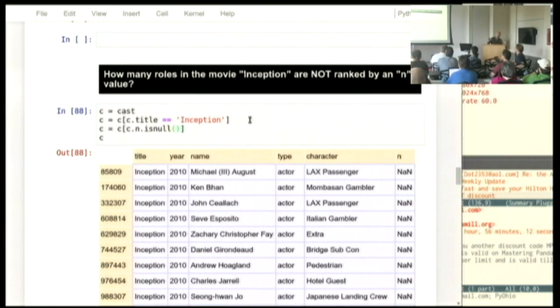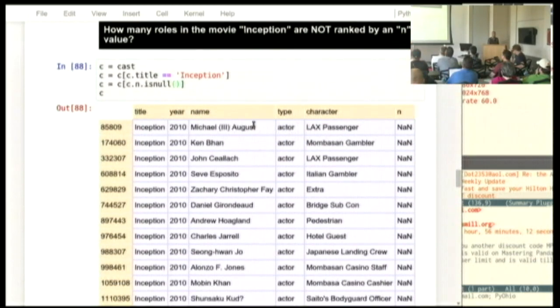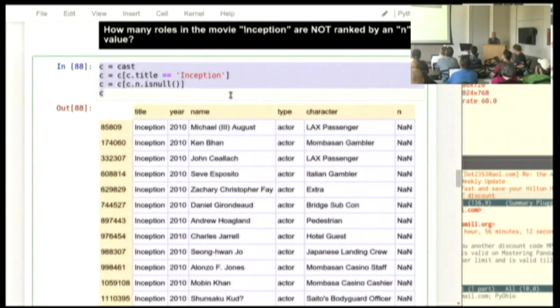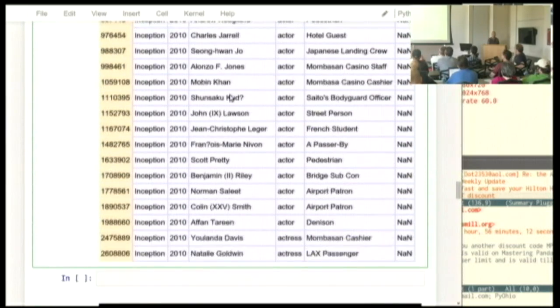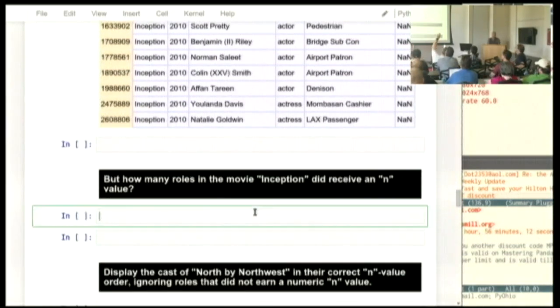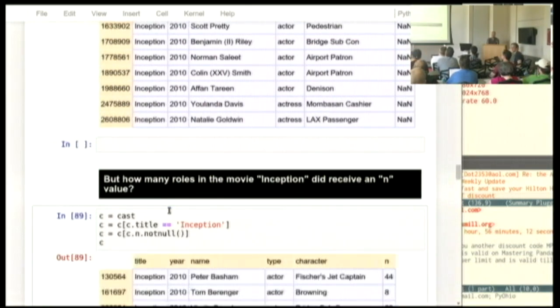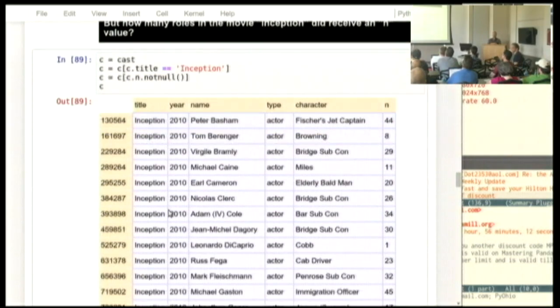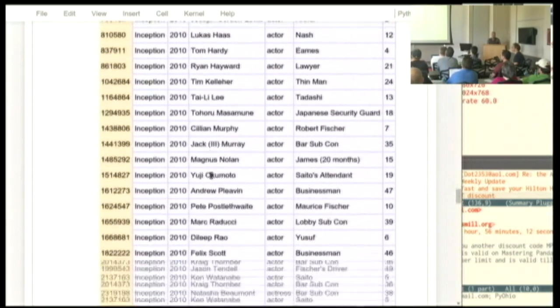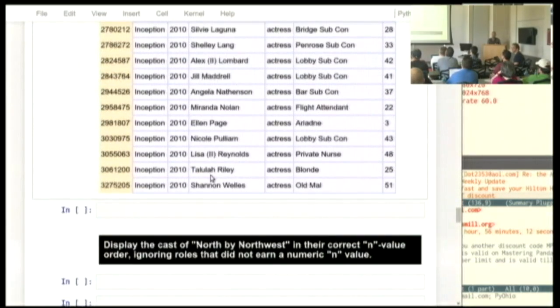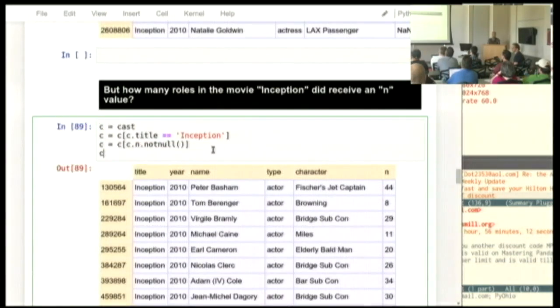And you can see here that by using that to select out rows, we have gotten rid of Leonardo DiCaprio and Joseph Gordon-Levitt, and are looking here at only the people that in their contract didn't even have a specific ranking in the list of actors. If you want to ask the opposite, I guess it is not called is null, it is called not null. I use that a lot more often because not null can let you pull out the lines of data that do have meaning. Here we are getting the full cast that had in their contract some kind of value.